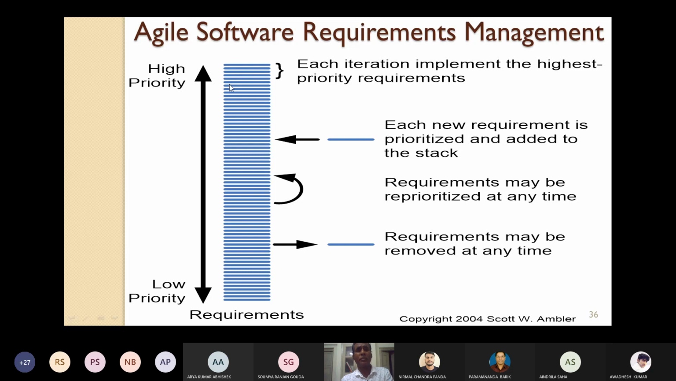Because I have already told you, Agile software development follows an iterative approach as well as an incremental approach. So each iteration implements the highest priority requirements. Every time it will process the highest priority requirements. I have already told you, here requirements can be changed. Sometimes new requirements may come. Sometimes changed requirements also come. So each new requirement, whenever it comes, is prioritized and added to the stack. You give it a priority and add it into the stack